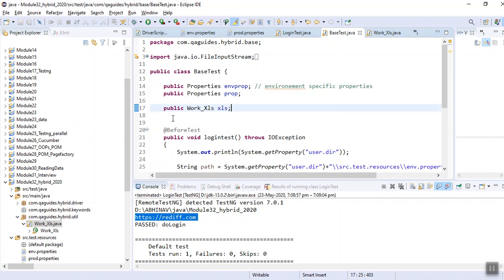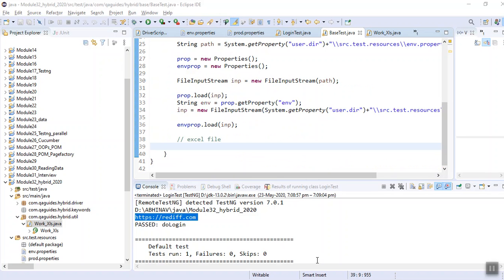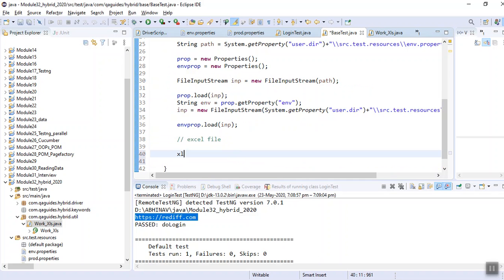Fine, I have initialized the object. So now the question arises here, to which test suite, A or test suite B, it should go and point. This is the question. So I will initialize my test suite XLS file. I am currently taking A. I will let you know other things in another session.